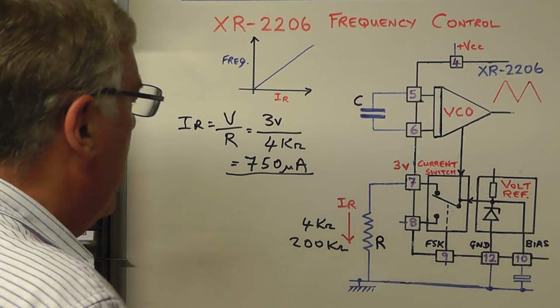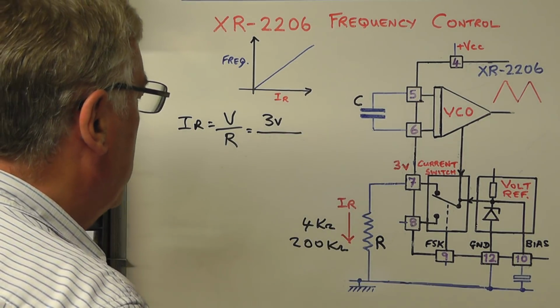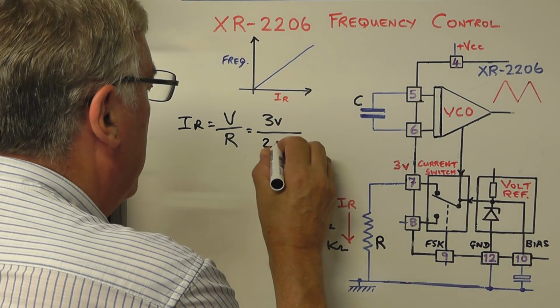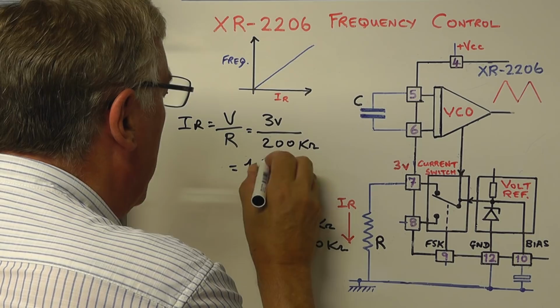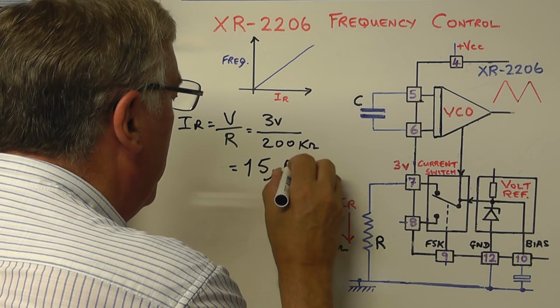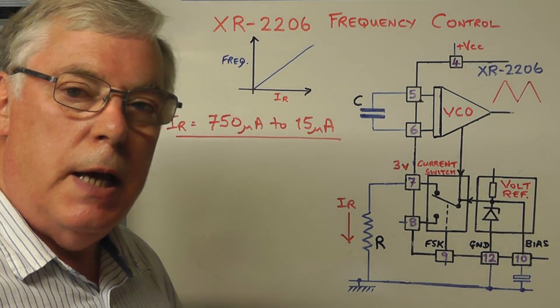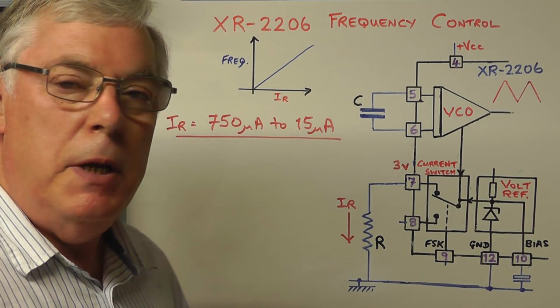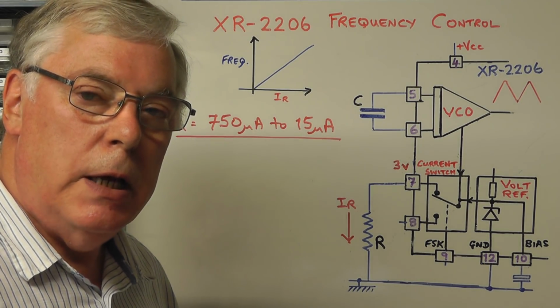If we now look at the other extreme with the 200k resistor, we simply divide the 3 volts now by 200k ohms, and the timing current value you get there will be 15 microamps. So according to the datasheet then, we have a maximum and minimum of 750 to 15 microamps current,